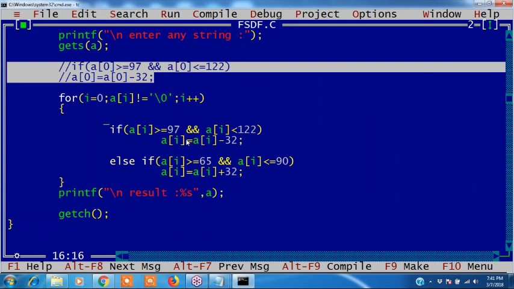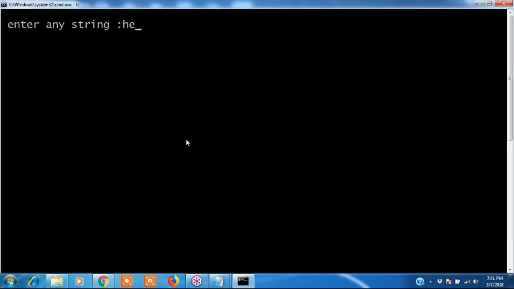In two situations only you have to write. If we have 0, the first letter is a small letter, convert it. Okay, we check it once.